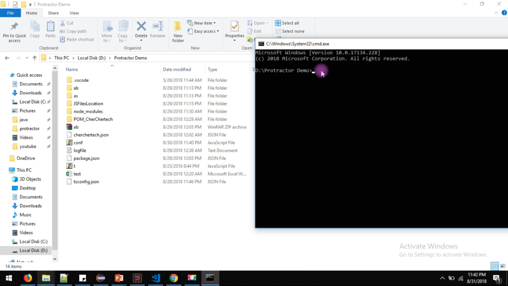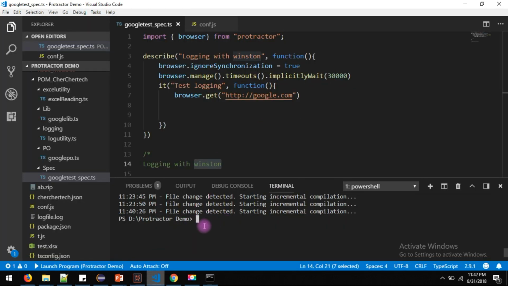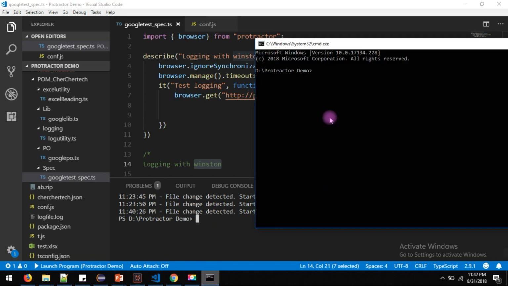I'm sorry. Yeah, npm install Winston. Okay, that is the command. Let me showcase it. I'm using this IDE, but some of the people might not be using the same IDE. So let me install it in command prompt. You should be in this protractor demo folder, or whatever project folder you are using. Okay, now npm